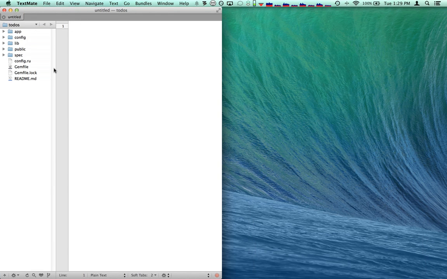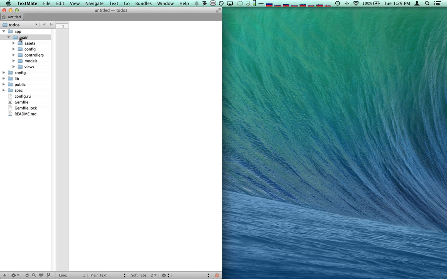Right out of the box, Volt gives you a standard project structure. You'll notice some similarities to a Rails project: Gemfile, README. Where it's different is if you look in the app folder, Volt apps are built as nested components, we call them. And so out of the box, you get one component called main. You can make others and easily include